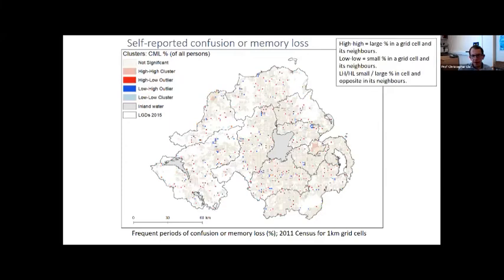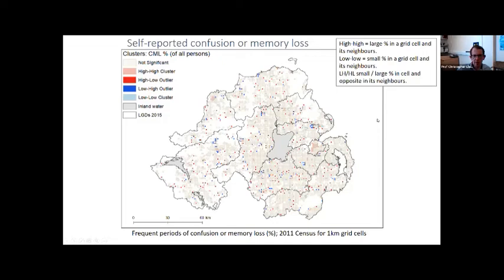And then these are clusters of people with frequent periods of confusion or memory loss. So we get here, these are high clusters. So these are areas with high rates surrounded by high rates, for example, and the blues are low rates surrounded by low rates. So you can imagine using these kinds of sources of information to better think about where need